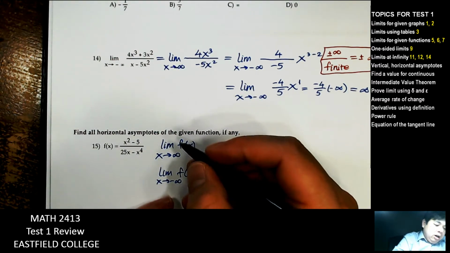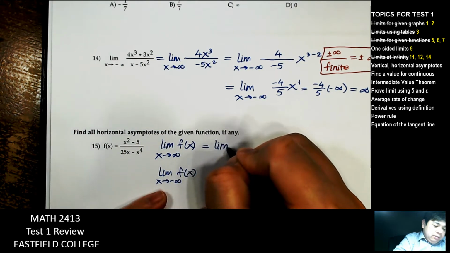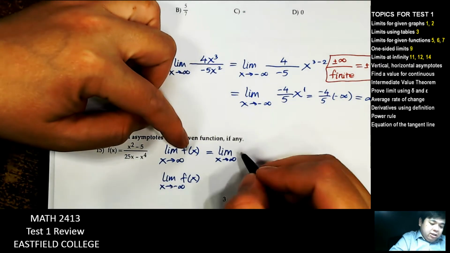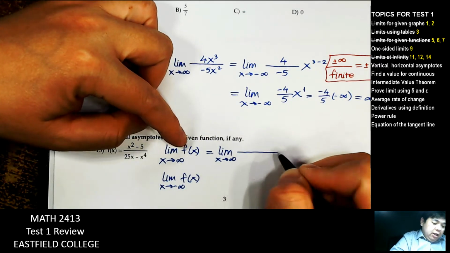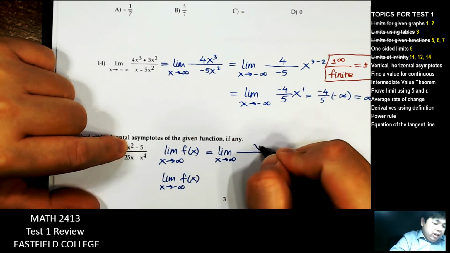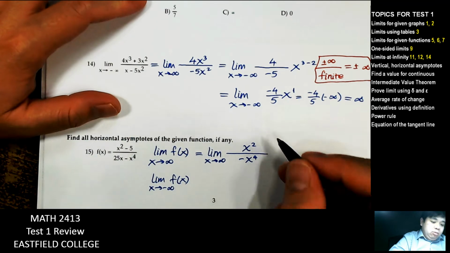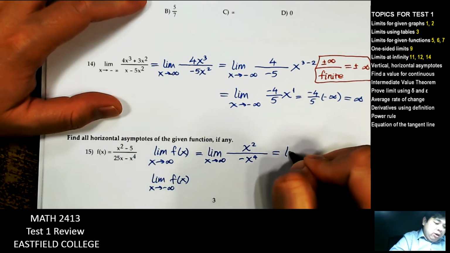I'll do just the one for infinity here, f of x. Again, since x goes to infinity, I will take the highest power, x squared, on top and negative x to the fourth at the bottom. Now simplifying, we'll have